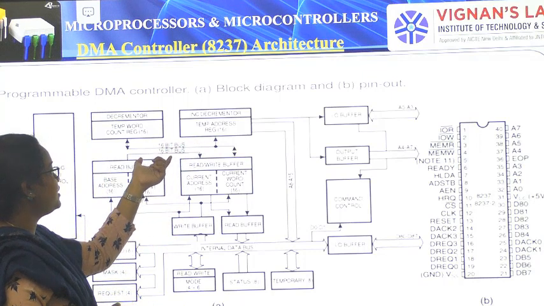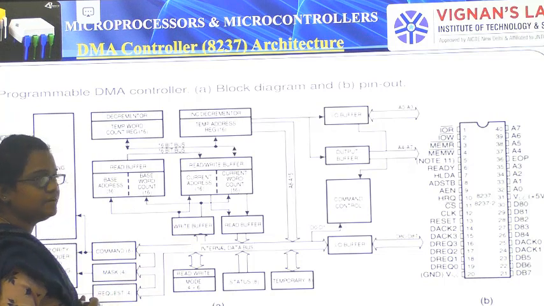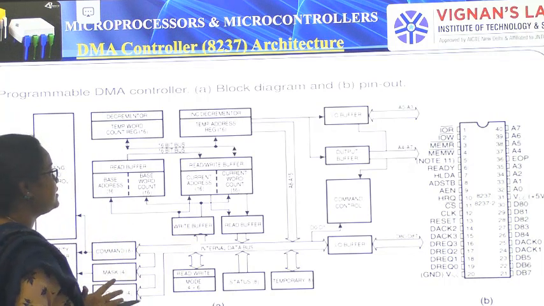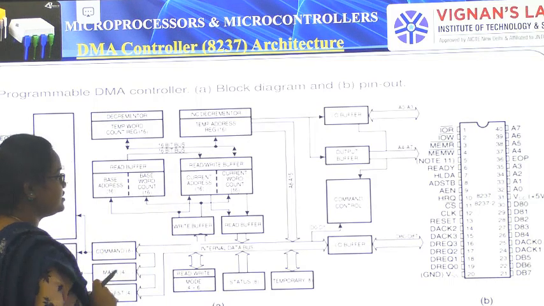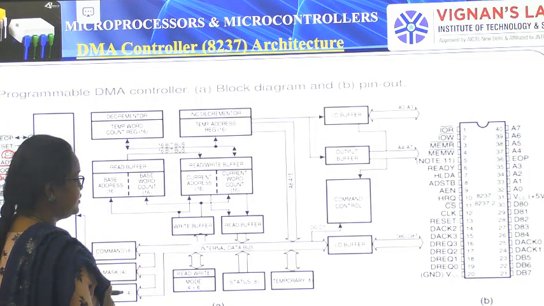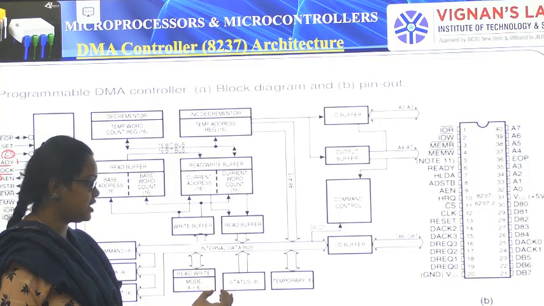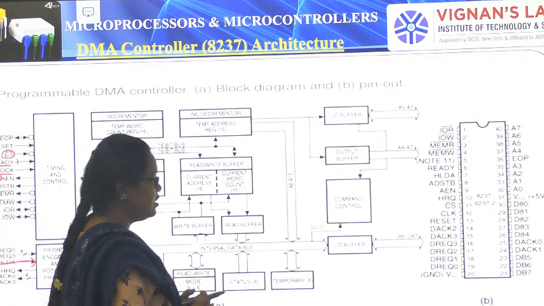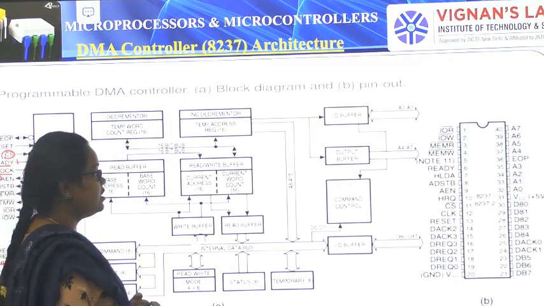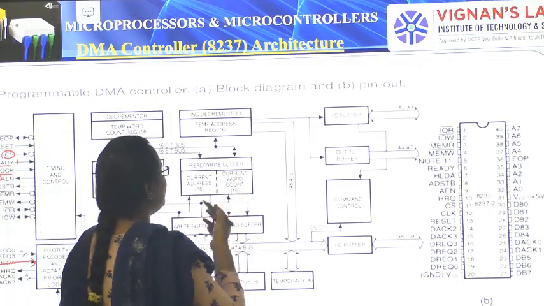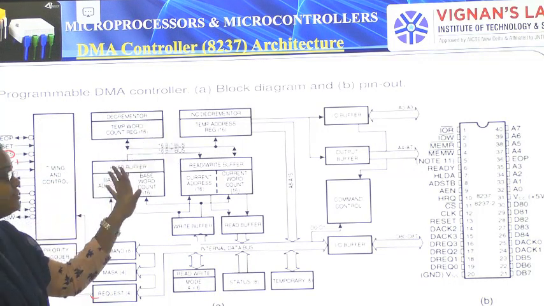So these are the 16-bit data buses, and the read write buffer for placing the read operations data and the write operations data. We are using registers like the write buffer and the read buffer, internal buses, the read write mode registers, and the status and the temporary registers. So we have read and write logic, and we have an output. Whatever data is collected by the DMA controller is stored in the temporary word registers.